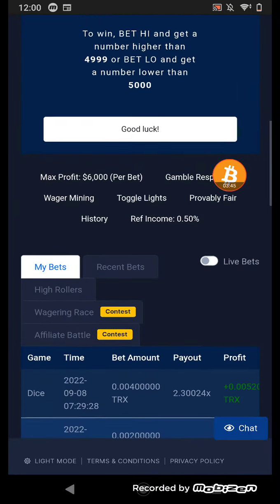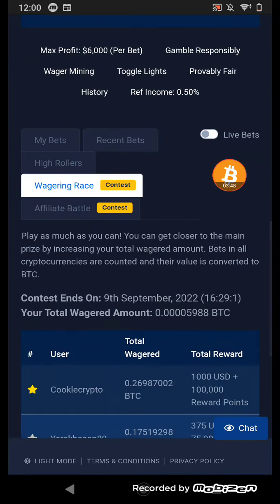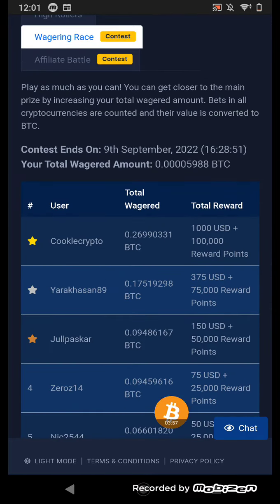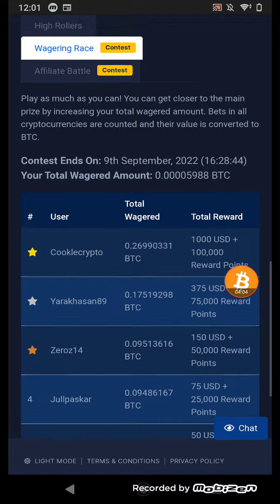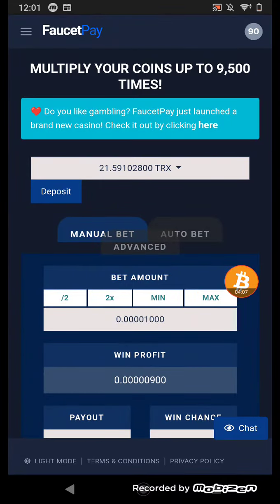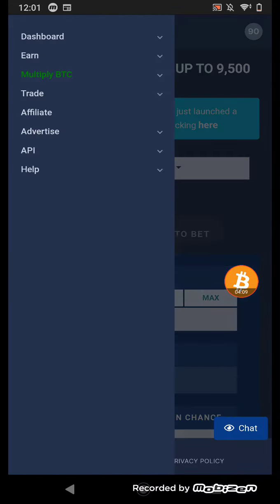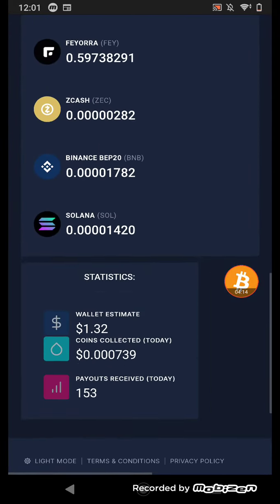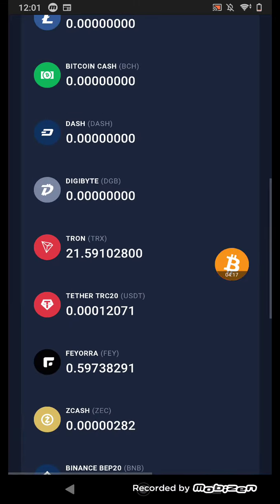Or you can use any cryptocurrency, but you need much more cryptocurrency to use. And this is my total withdrawal, you can see. And maybe one day I'm the winner of the 1000 USDT in here, and that time I share with you the video of the winner. And in here this is not risky. It takes a little bit more time to use, and right now I have